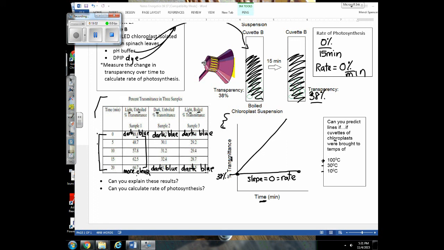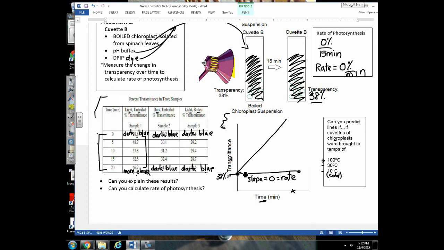And let's talk about the one that is chilled down to 10 degrees Celsius. Again, we can start it out at 38% transmittance, which is going to be a dark blue when we add that DPIP. Now we're still going to have photosynthesis, but remember, reaction rates and all the different steps of photosynthesis are technically reactions that are taking place. The reaction rates are going to be lower. So we're going to start out with a blue cuvette, and it is going to change to clear, but it's just going to take longer to do that. So maybe by the same amount of time, it's only changed the